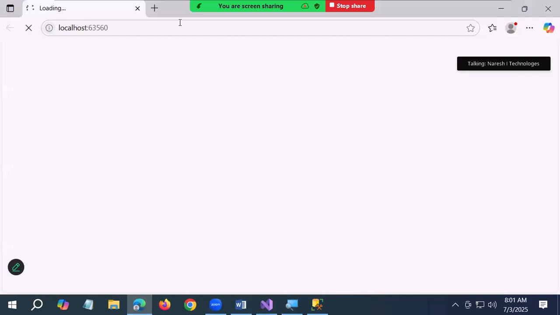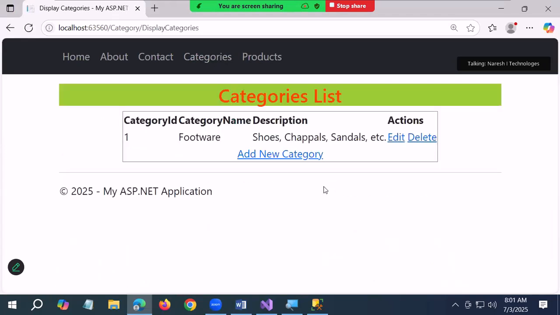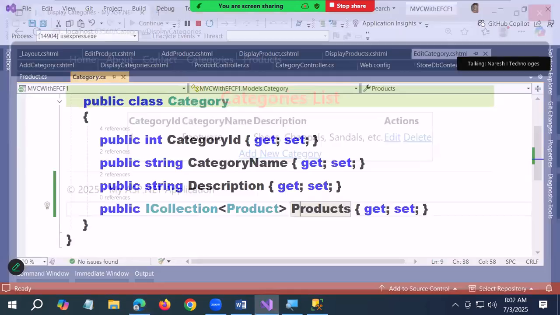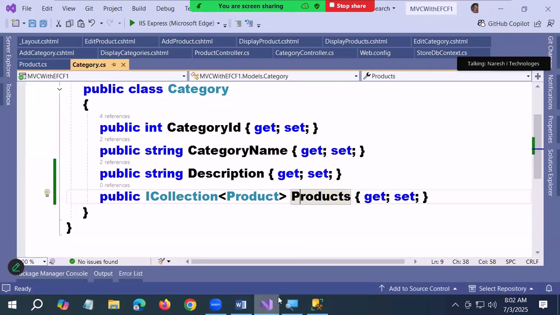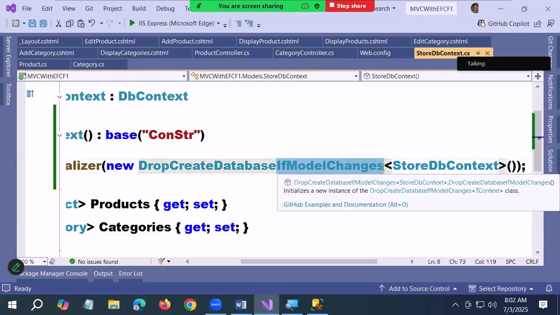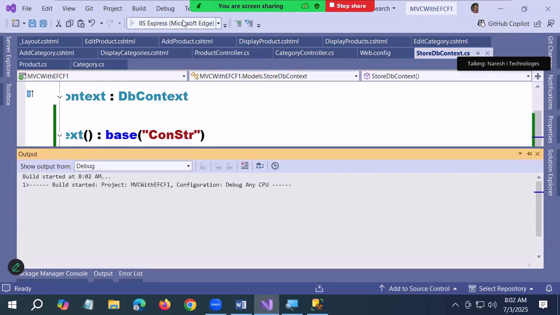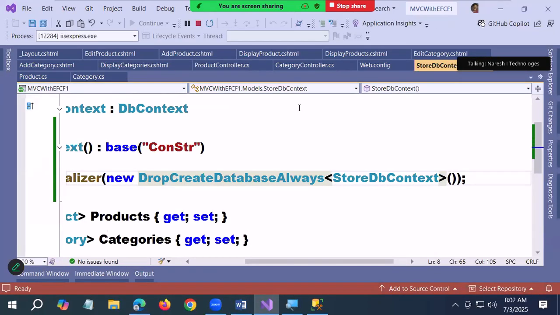Why? The database is created, but it is not going to be recreated because you did not make any model changes. Did you make any model change? No. That is why you're going to get your data back. So is the database recreated or not? Not recreated. First time created, second time not created. Why? No model change. But if I use this strategy, guys, drop create database always, then